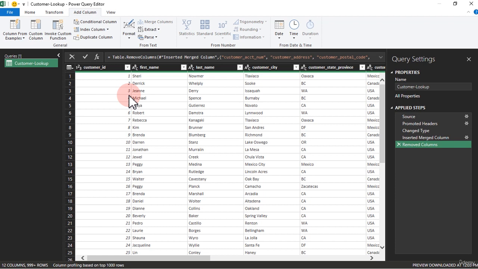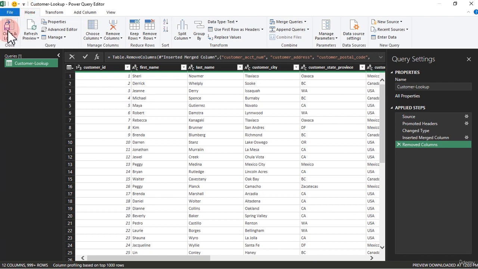The first thing we can do now, after we are done cleaning our data and we are very much satisfied with what we have right here, is to push this data into Power Pivot. How do we do that for the first time? Go to Home, and from Home you see this part where it says Close. If you just say Close now, the default is set to go into